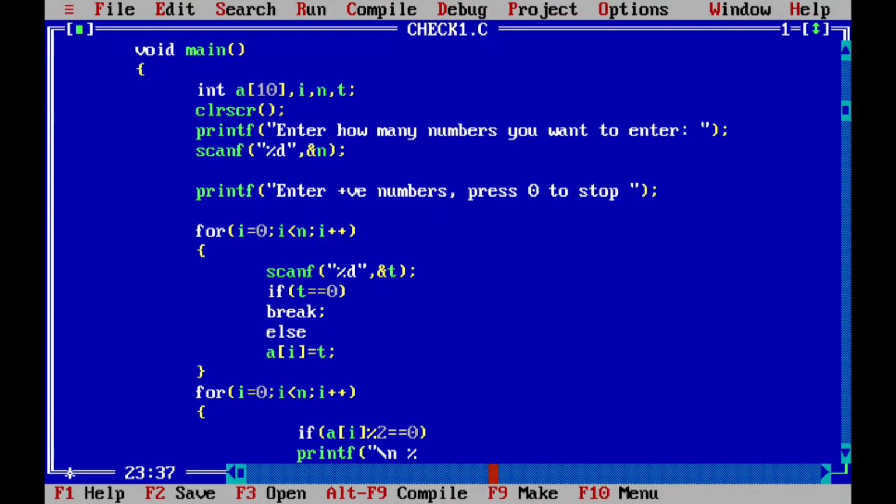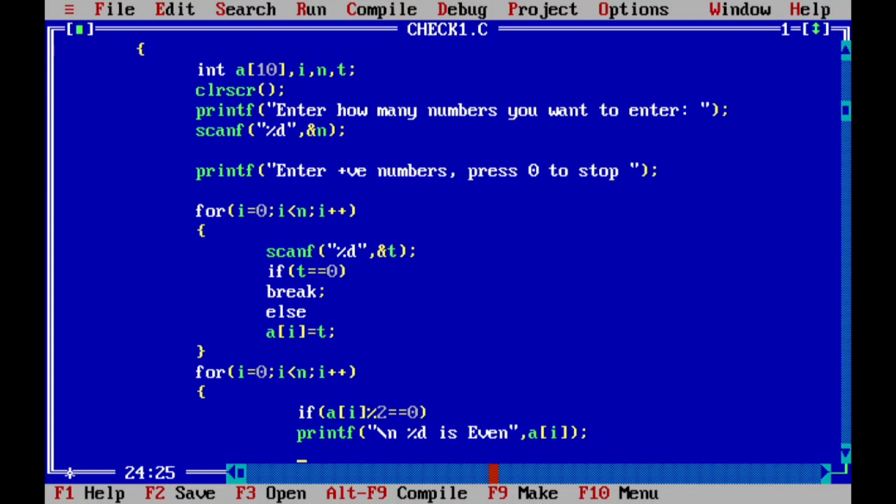at next line, %d is even, comma, where is that number? In the place of a of I. If a of I modulo 2 equal to 0 is not true, that means it is an odd number. Okay. I hope this condition is already familiar to you.